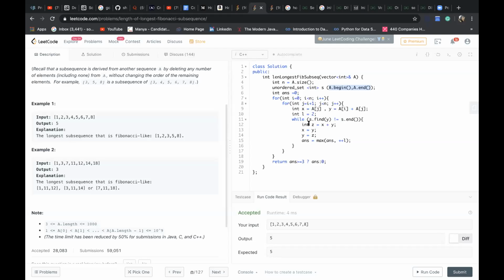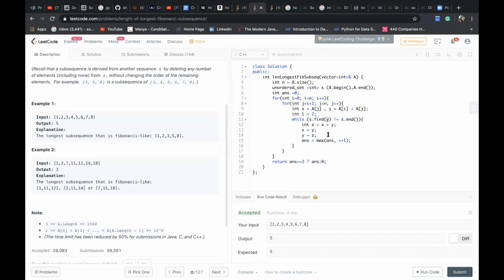And I initialized answer with 0. If you don't initialize this, it will take the garbage value, so you need to initialize answer here also. And I just calculated max plus the length, because you have found the next element here. So I added that and took the max of that.